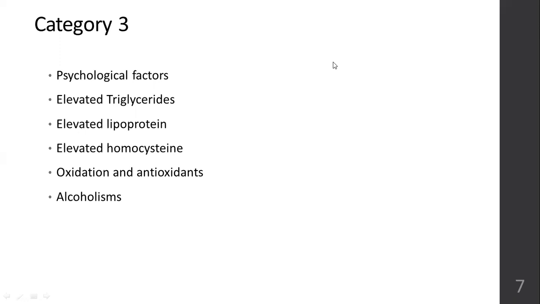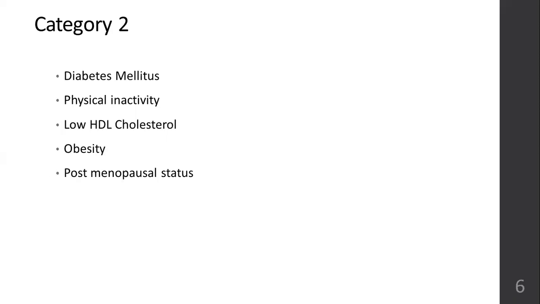Next is category 2. Here again, risk factors. If you take interventions, again, you can lower the risk of cardiovascular diseases. If you suffer from diabetes from a very young age or for the past 10 to 20 years, patients with diabetes have a threefold greater risk of developing cardiovascular diseases or coronary heart diseases.